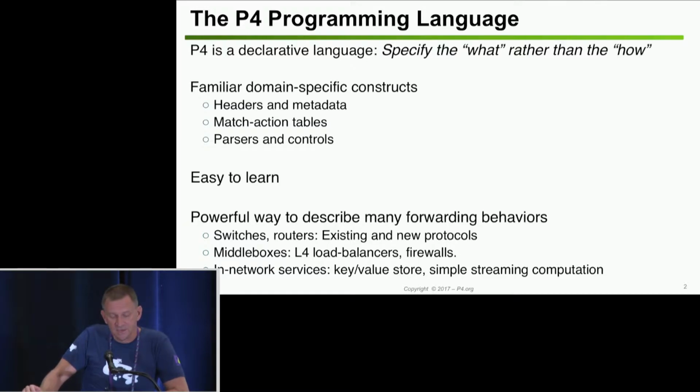But the key here is that not only can you use it to declare the behavior that you want, I want to leave you with a thought of how P4 might become more widely used in the future. And that is as a way of specifying forwarding behaviors in an unambiguous way. Because once you have a strong language and a strongly typed language like P4, it gives you a way to describe behavior that others can then follow. Not only is it an executable specification, but it can give you an unambiguous way of describing a forwarding behavior